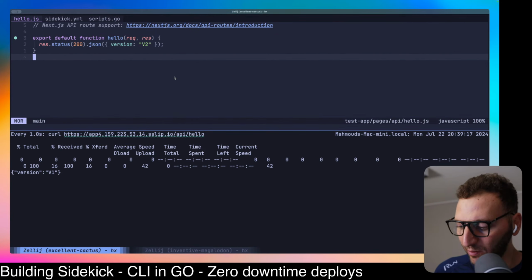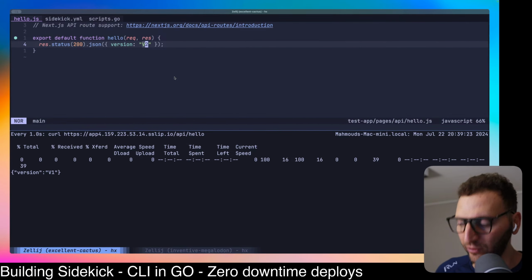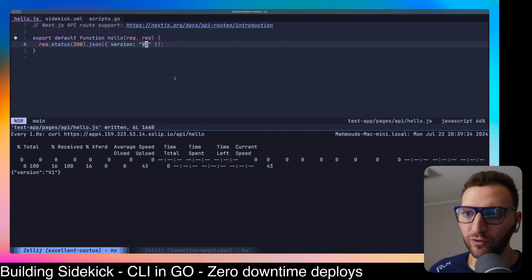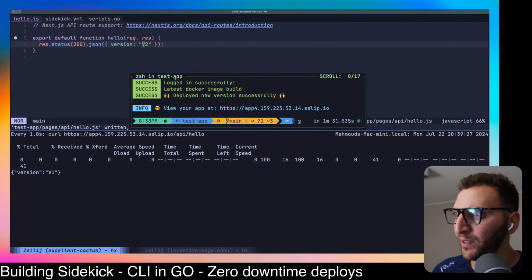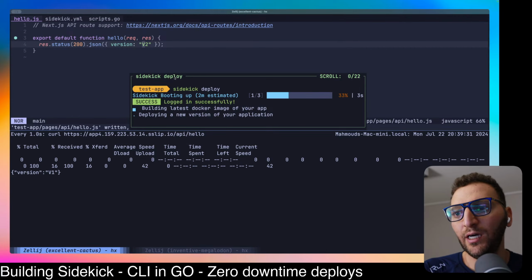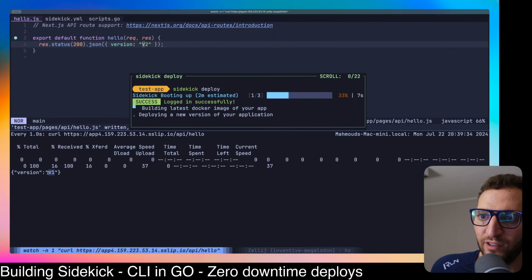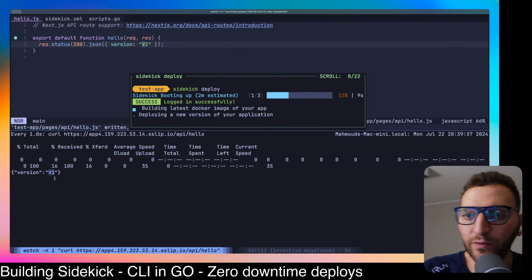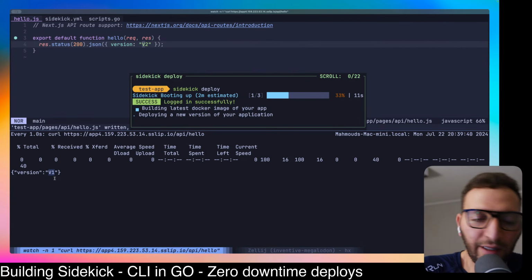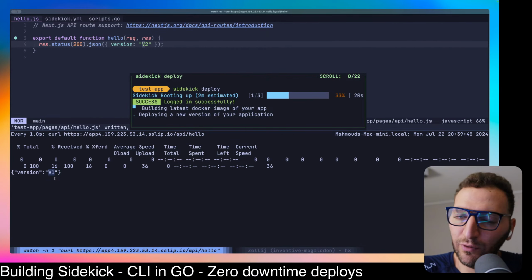Now, at the same time, I already have changed this to V2, right? So now this new version is going to return V2. And then I will do the same thing, Sidekick deploy. So now I'm building another image, and then I'm pushing it. Now, what I want you to watch for is basically what happens here. This right now says V1. And then once the newest Docker image is done and everything is beautiful and dandy,